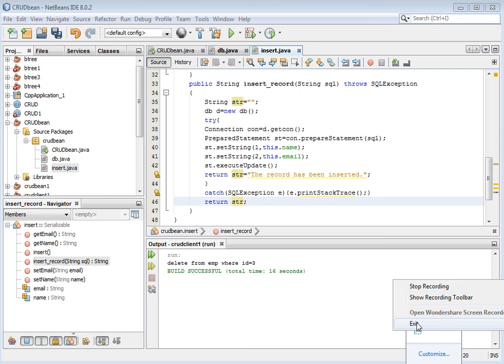And we should return a string for the record. String str is equal to the record has been inserted. This is the message, and we return str.